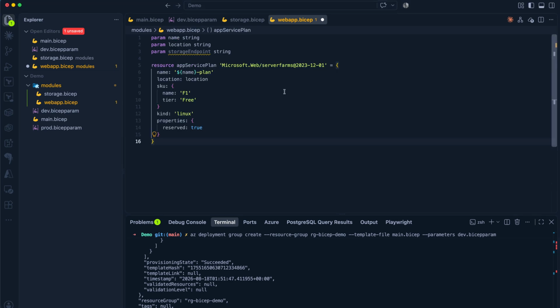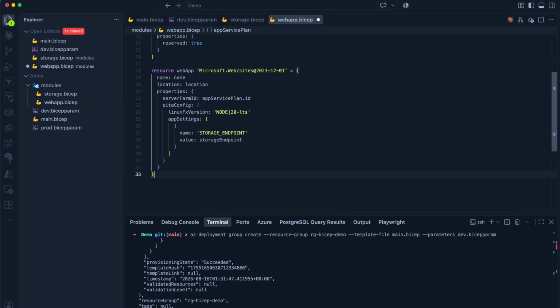What I'll do is provision this app service plan first of all with the name dash plan. We are just using the free tier for now, so you don't need to have any standard or dynamic tiers. The kind is really important. Make sure it's Linux, and if you do define Linux, make sure reserved is always true, otherwise the deployment will fail. The second resource we need in this piece is the actual web application, which is the web app,